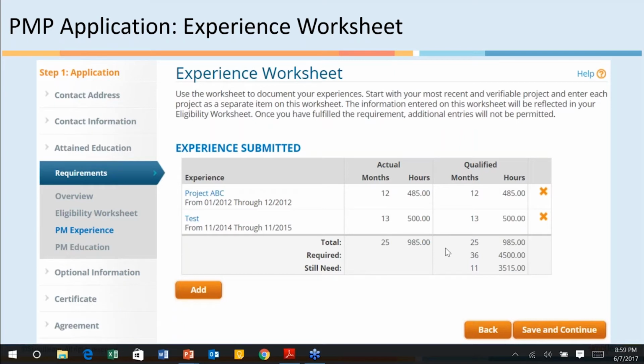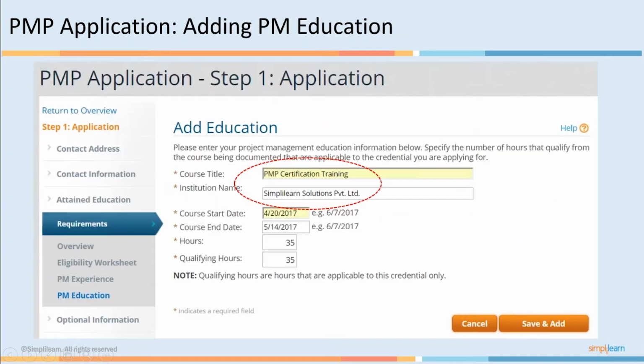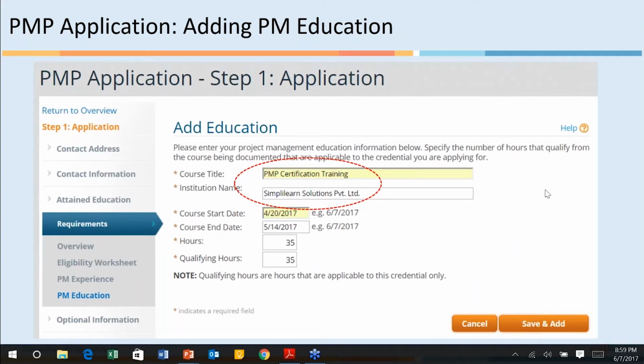And after you have documented all the experience and you have the required 4,500 hours, then you move to the next section where you need to provide the detail about your PM education. So this is here in the add education section. You need to write your title as PMP Certification Training, and in the institution name you need to start typing